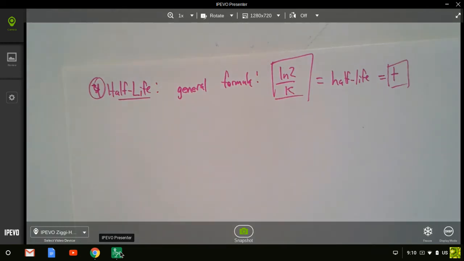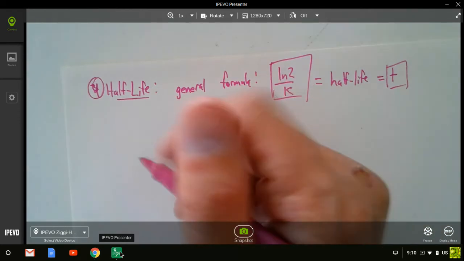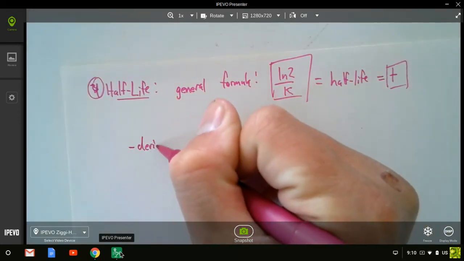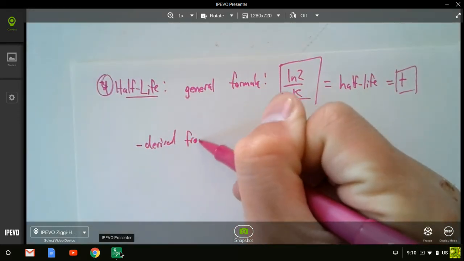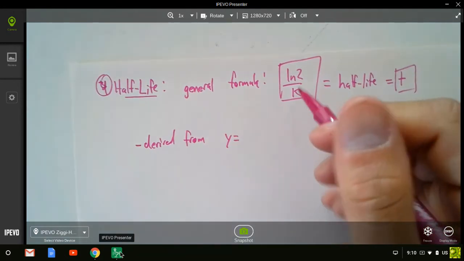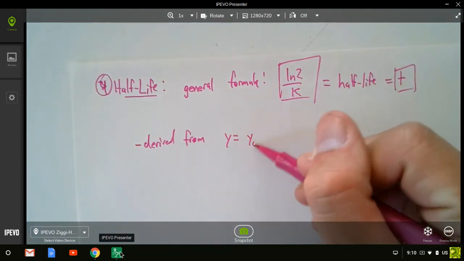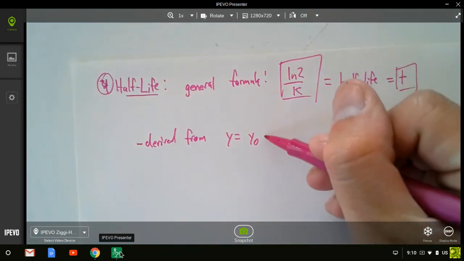Okay, so what I'm going to try to do in the next 5 minutes, so make sure you're ready to go on to the next class, is show you where this is derived from, okay? And it's actually derived from, ta-da, your general equation. Like I said in the beginning, that this equation,